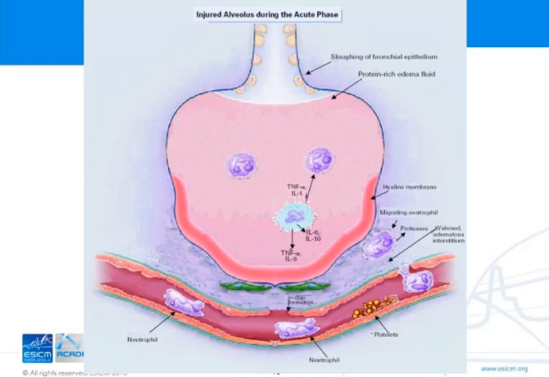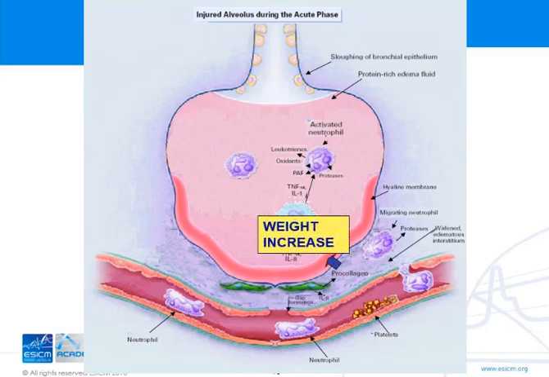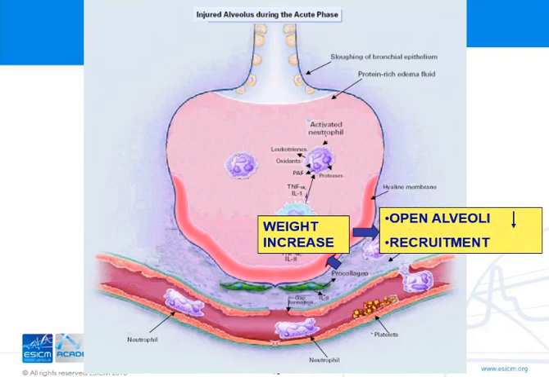They are capable of activating even further the other neutrophils coming inside, and the neutrophils, on their part, can also liberate a number of different mediators. And there is also an activation of the procollagen in the interstitium. All these phenomena, together with the edema, increase the weight of the lung, and the number of open alveoli is reduced. At that point, we still have the option of recruitment because we have a florid edema,